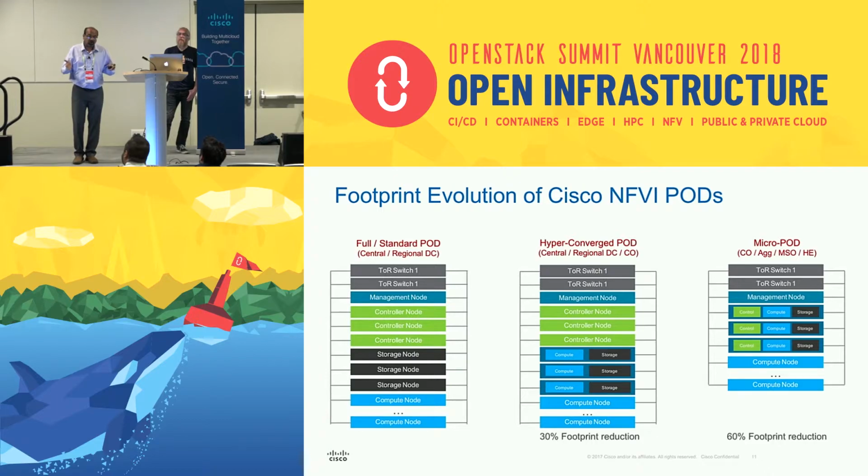footprint and cost are very important things, because when you have hundreds of these, you can't go to every site and say 40 compute nodes with dedicated storage is the only way to go. There are cases on the edge, the very edge, where the footprint is extremely important, like a 4RU box. So what we have is a full-on pod where the compute, control, and storage all have their own dedicated hardware, then a hyperconverged pod where the storage and compute come together, and then what is called a micropod, where the compute, control, and storage are all together,